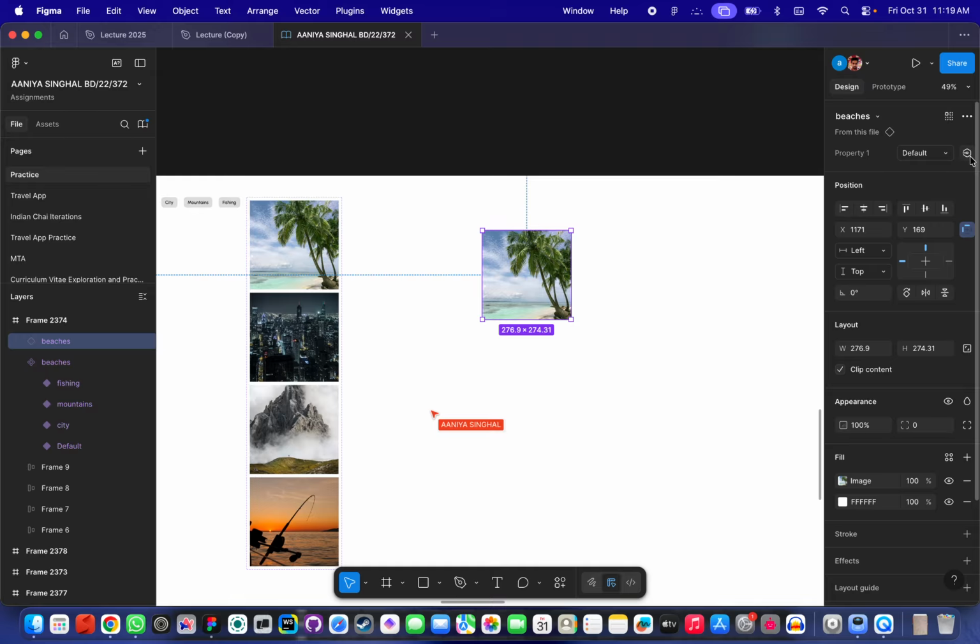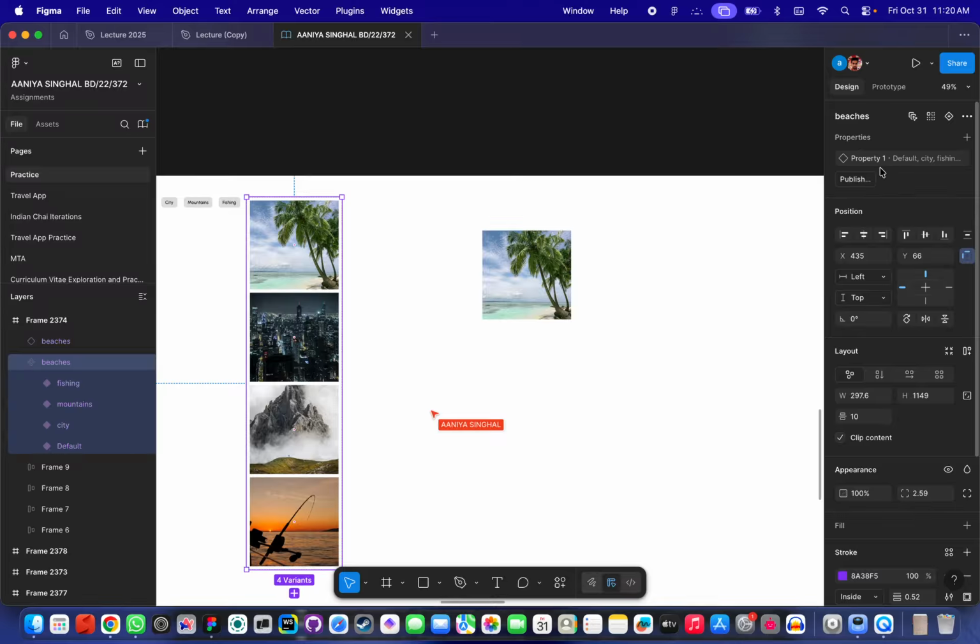I click on default right now, and default means the first one. I'm trying to apply this variable of beach to this. What is happening? It's not being applied, right? So what you need to understand is that it will only be applied or linked for the first time only when it matches the variable value, okay? So if you have the same issue, go to your instance, and